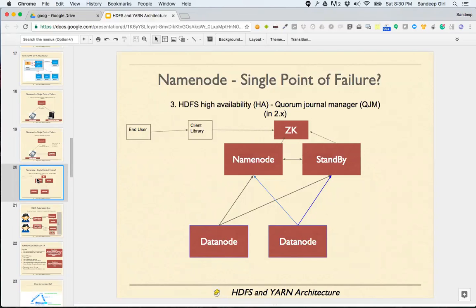Let's say you have a huge organization containing a huge directory structure with a huge number of empty files, or 1 KB files, 1 byte files. When you have too many files, that means too much metadata, and the name node will need a bigger RAM.